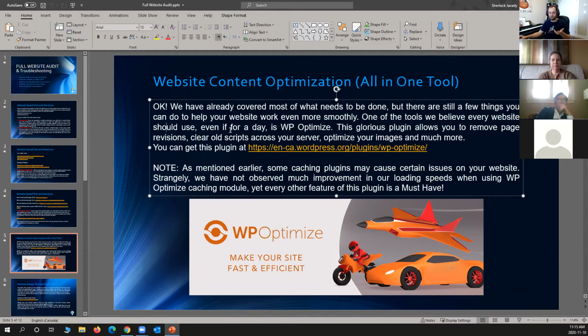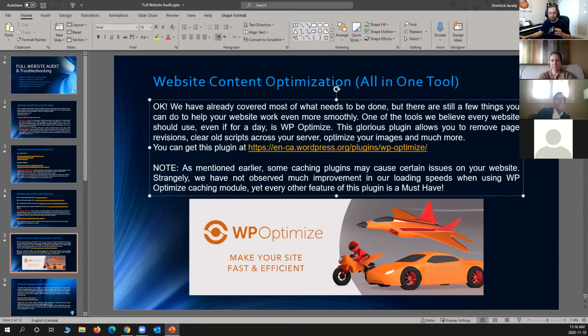For example, image optimization, image compression and zipping, minifying CSS, HTML, and everything else. This is such a complete tool that it also goes beyond your website, goes to your hosting, goes to your server, checks your databases and organizes them.